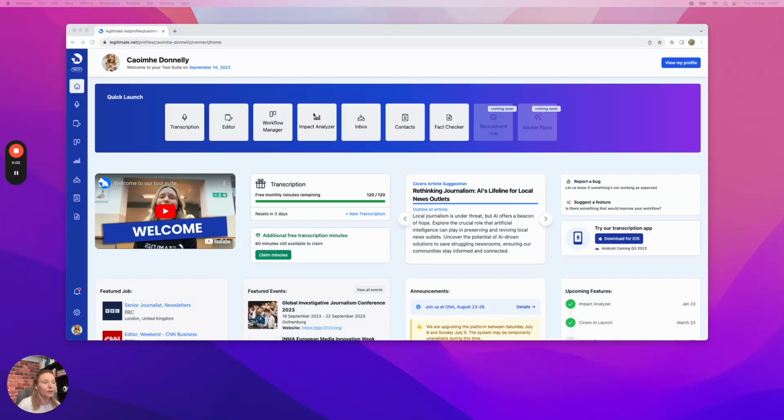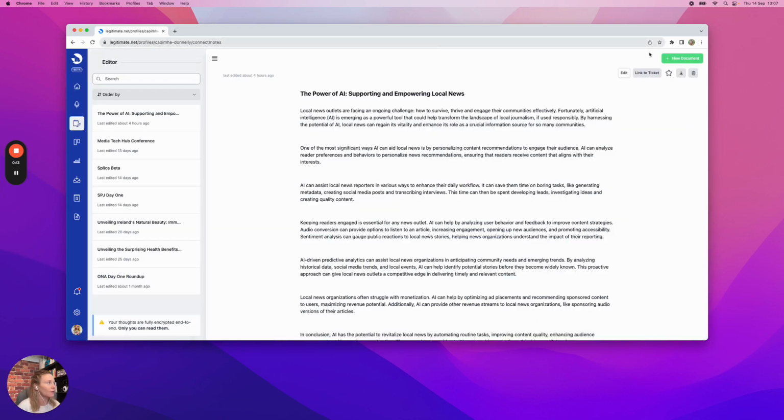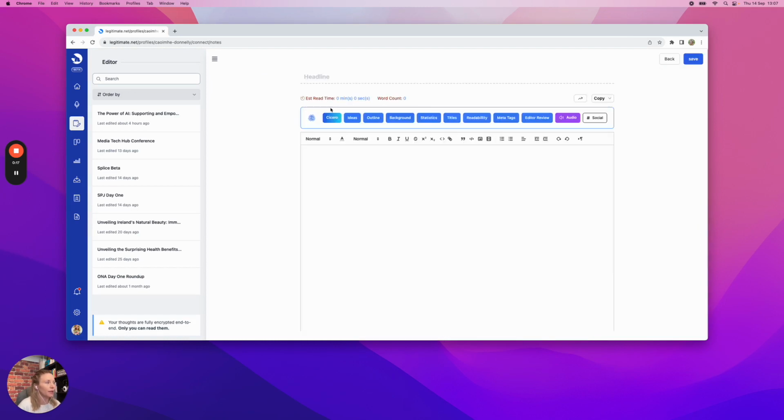Today I'm going to show you the full AI features that we have available in our text editor. So from the home page here, you can click up here or you can click the sidebar to access your text editor. And then if you click New Document, all of our AI features will appear in a toolbar across